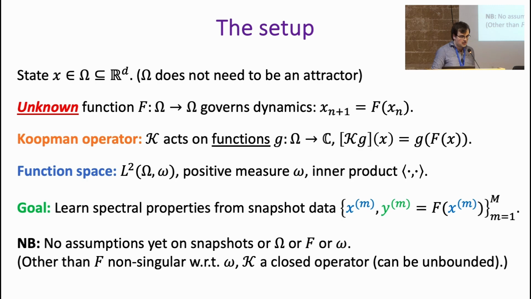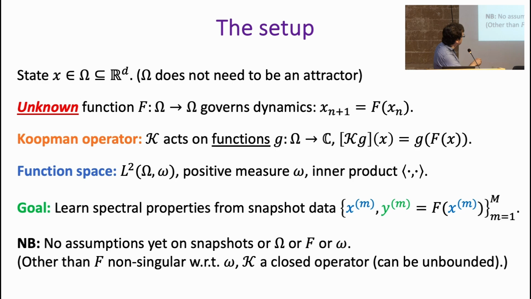Okay, so the setup. I don't really need to dwell on this beyond mentioning function space. So I have a state x inside some state space omega. Omega does not need to be an attractor in this talk. It's just some set. And I have an unknown function f that governs the dynamics of discrete time, state at time n plus 1 as f of the state at time n. And the Koopman operator, I don't need to give you the definition at this conference, but the important thing is